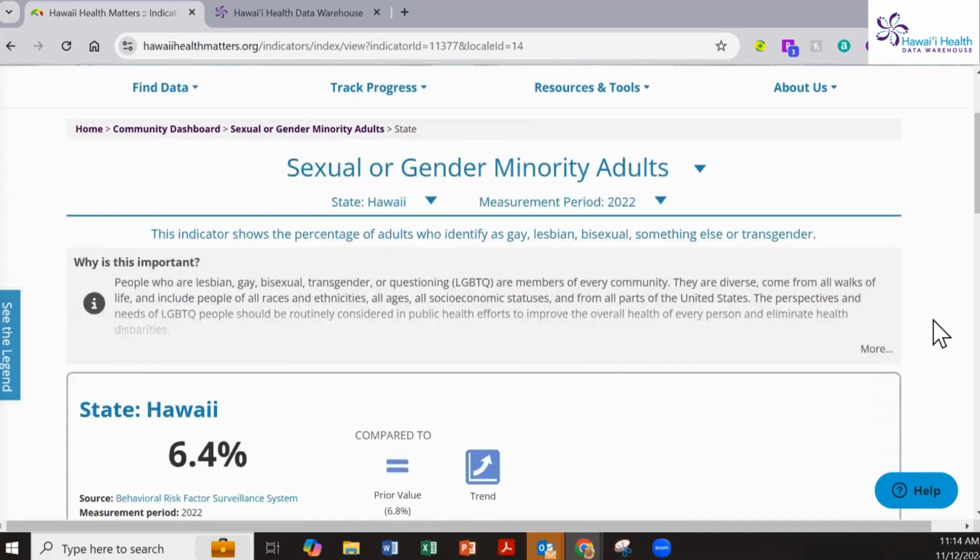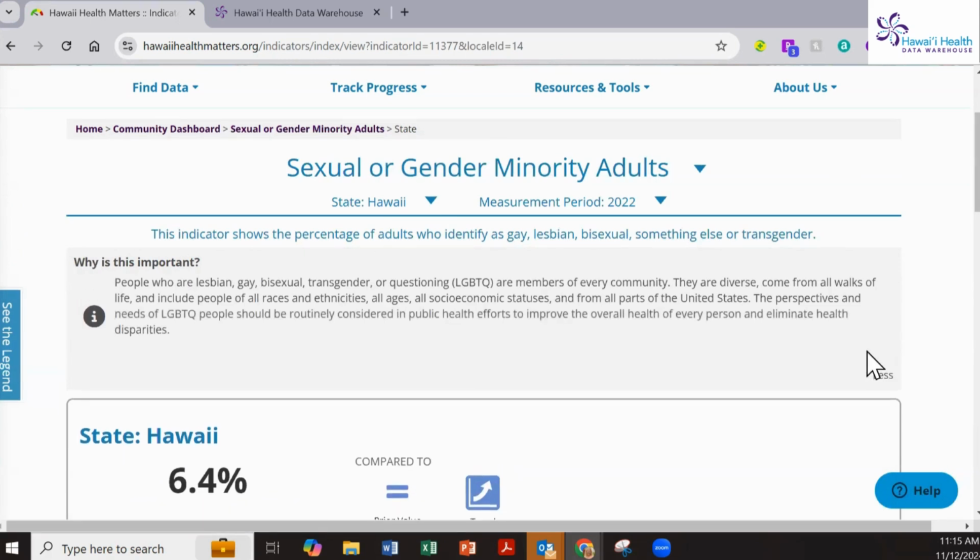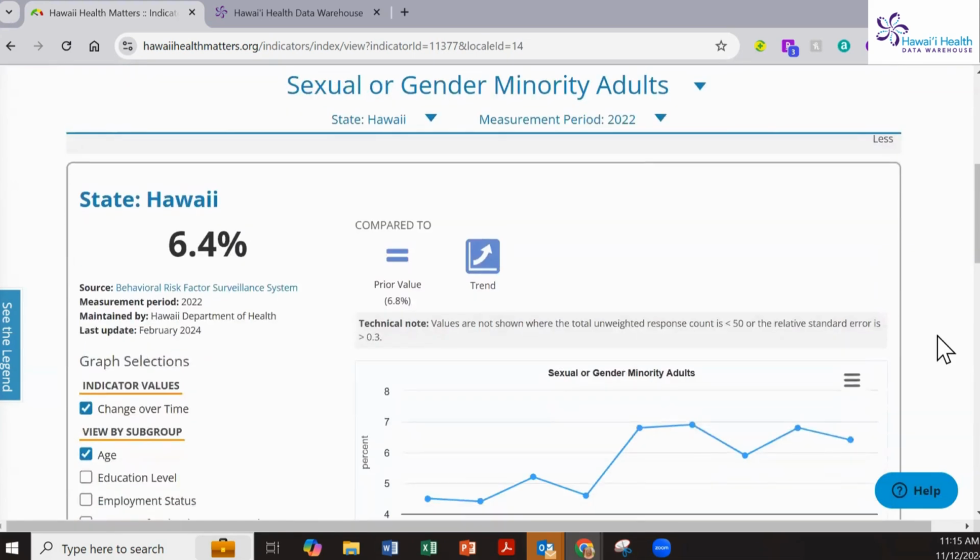This is our indicator, sexual or gender minority adults. This gives the definition. So this indicator shows the percentage of adults who identify as gay, lesbian, bisexual, something else, or transgender. And then we have a little information about why it's important, the public health importance of this measure. After that, we get into the data. So we can see the source here is the Behavioral Risk Factor Surveillance System. The most recent year of data is 2022, and we can see that 6.4% of adults identified as a sexual